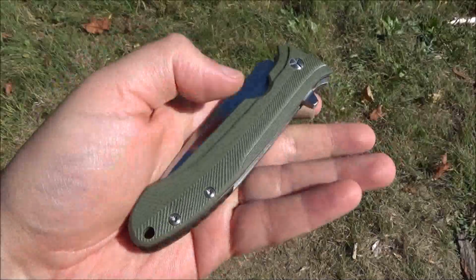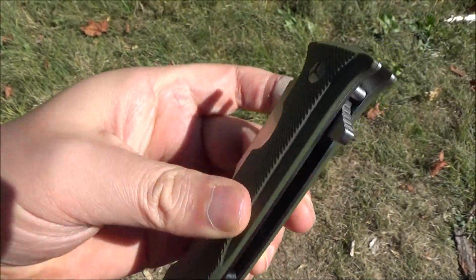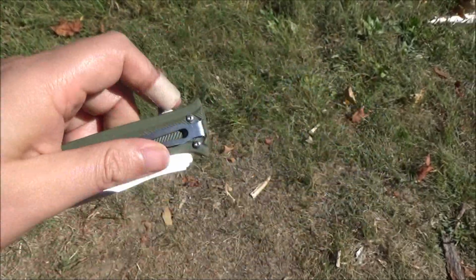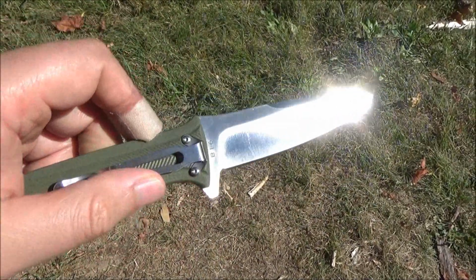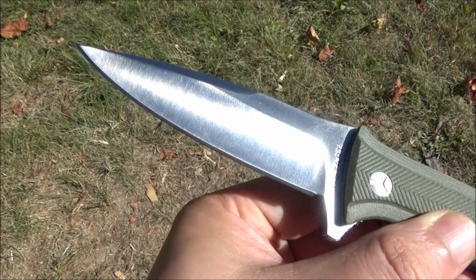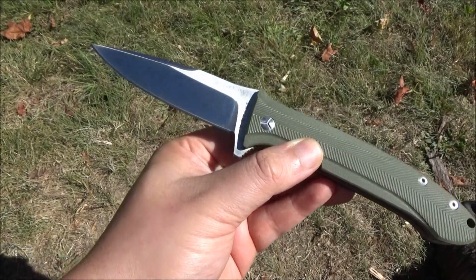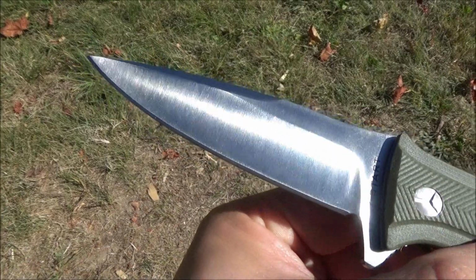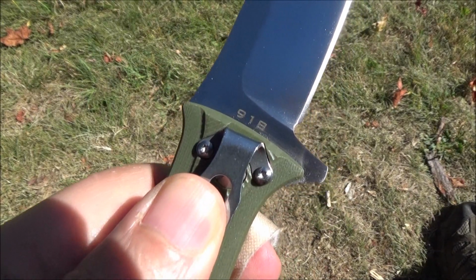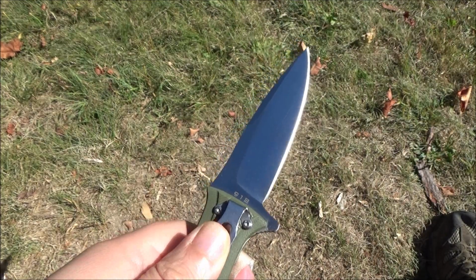This is semi-open construction. You see it's got a spacer there with some texture on it. You can see the stop pin there. Now this has a bearing system in the pivot, so it opens pretty smoothly. A bearing system, it's an extra thing that you wouldn't really expect from a low-priced knife, but this has it. And it's kind of a heavy blade. It might require a slight movement of the wrist just because it's a heavy blade, but it is very smooth